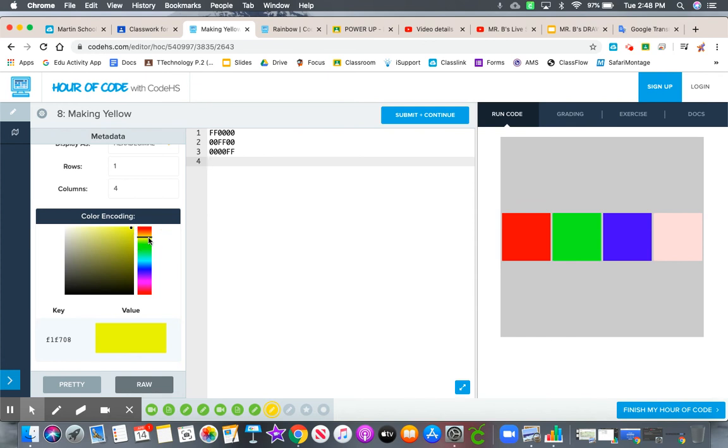So we could just do F1, F708, and see we get a yellow color over here. It might not be the exact color that they want for this exercise, but that's okay. But if you bring the slider all the way to the corner, we get black. But if you bring it all the way to the corner where it can't go anymore, you can see now